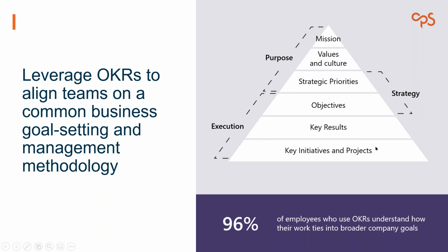Underneath our key result, we have initiatives and projects. So this is how we're going to do it. These are the activities. So we've got our objectives. This is what I want to do. Our key result is how we're going to prove that we've done it and measure it. And our initiatives and projects are the activities. And this is where we can start to integrate other systems to track how we're doing